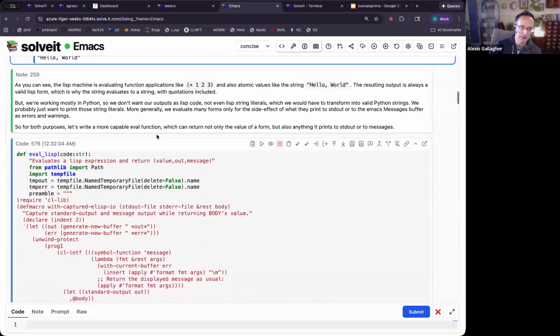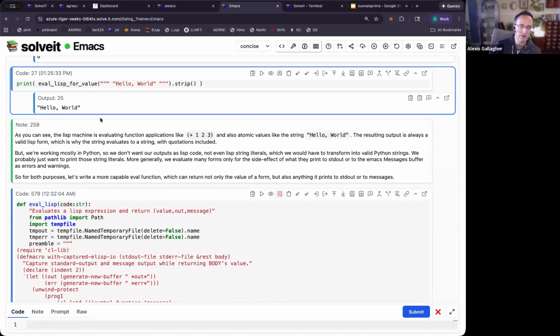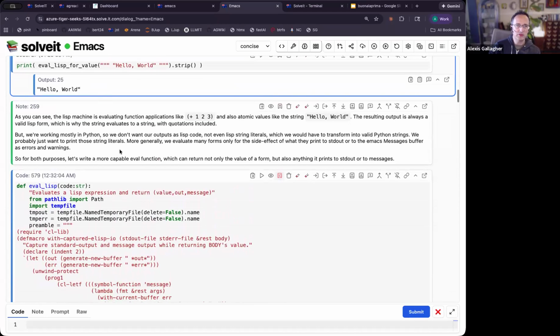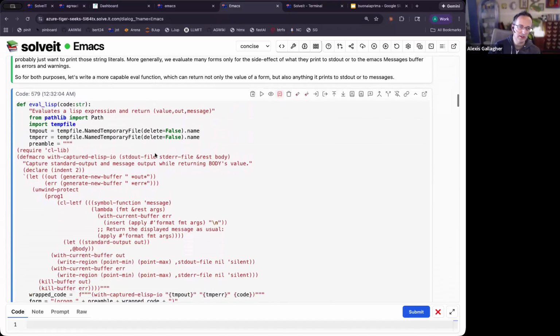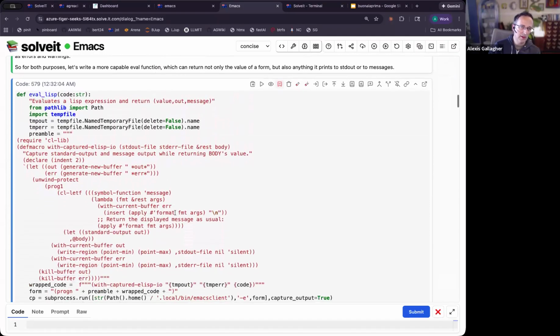Let me see if I can show what I'm doing here. We don't just want to get values back. We also want to deal with expressions where it might print out something, and then we want to see the printout, right? So you need to catch the console output and redirect. Right, got your point. So what I did here, and I'm not going to go into the details on this,